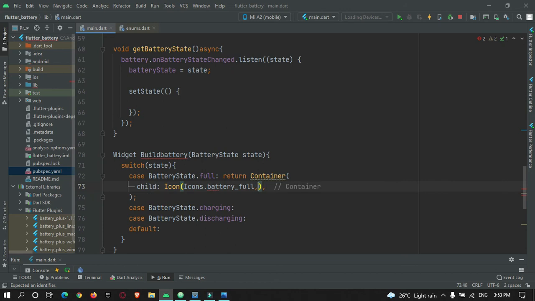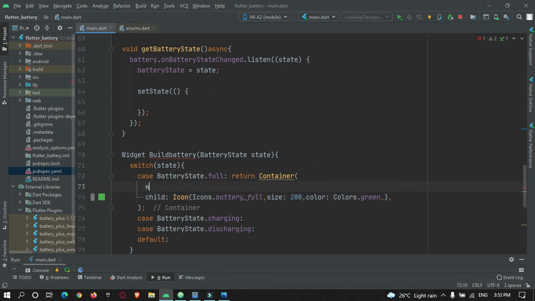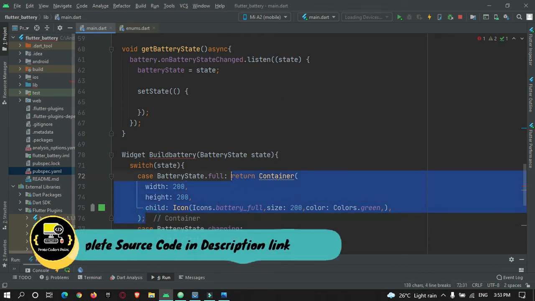Let's give a size to this icon as 200 pixels and change the color to Colors.green. We also need to give a size to this container, so a width of 200 and height of 200. I will just copy paste this to the other states.